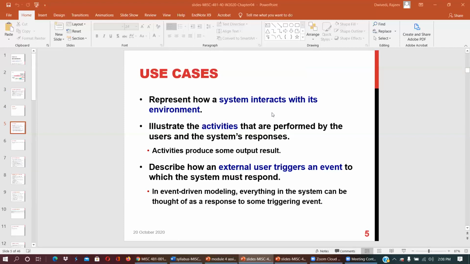Basically, if you log in to the system, how will it respond; if you place an order, how will it respond; if you access some information, how will it inform. This applies to any agent, person, or system. It describes how an external user triggers an event to which the system must respond. So this is the use case.